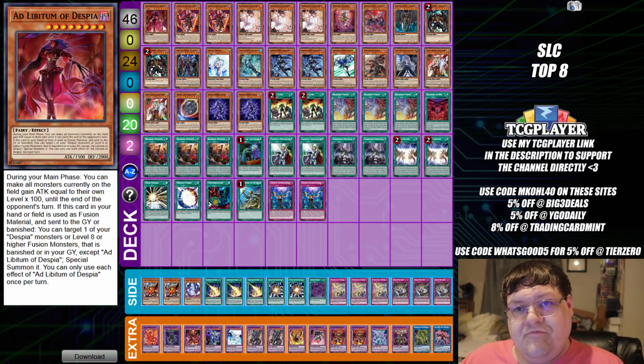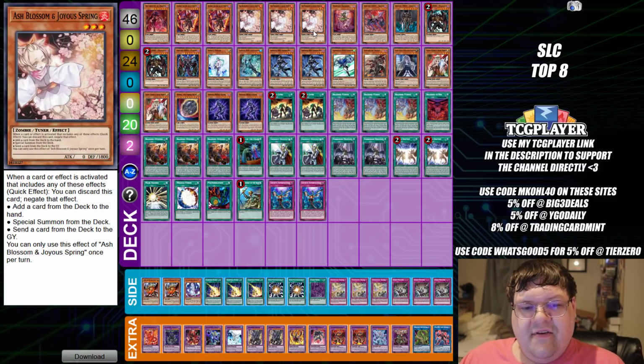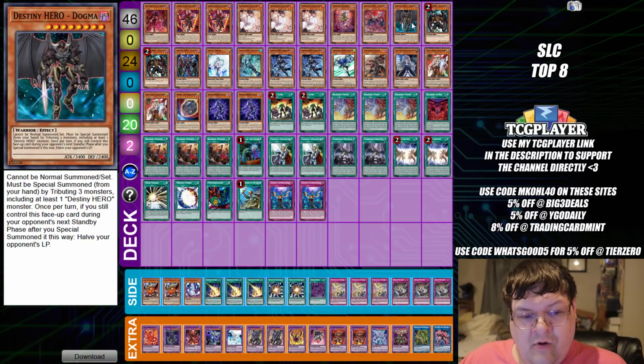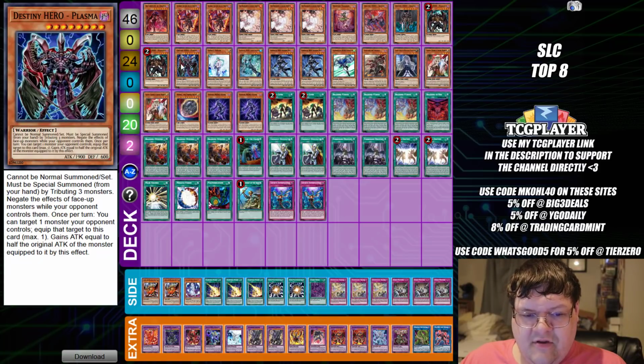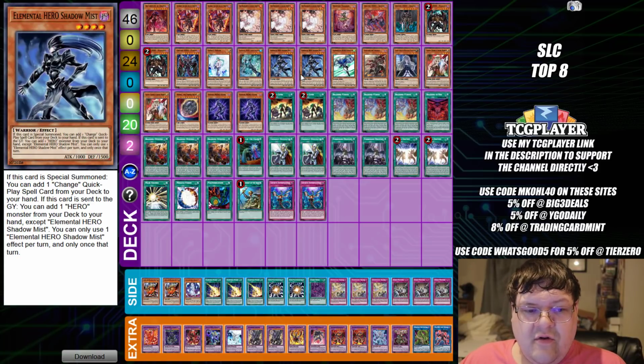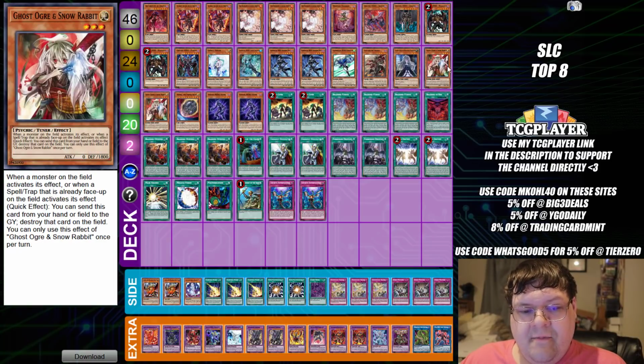So, for our concoction here, we have 1 Ablydium, we have 2 copies of Aluber, triple copies of Ash Blossom and Joy Spring, we have 1 Tragedy, 1 Denier, 1 Dogma, 2 copies of Malicious, 1 Plasma, 1 Effect Veiler, 1 Liquid Soldier, 2 copies of Shadow Mist, 1 Stratos, 1 Fallen of Albaz, 1 Ghost Bell, 2 Ghost